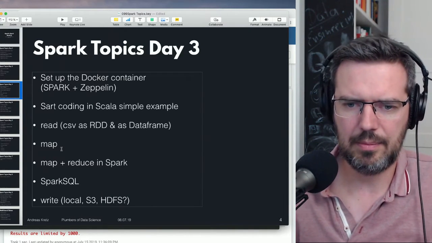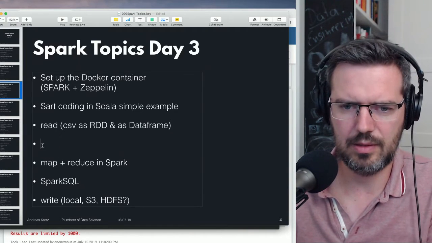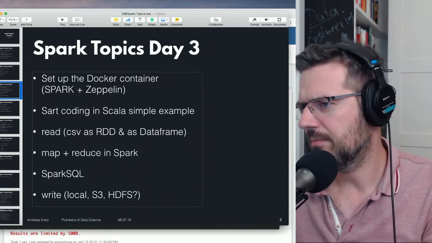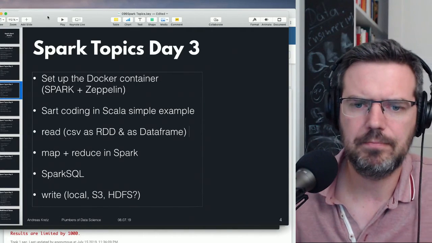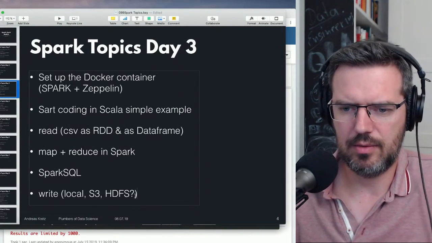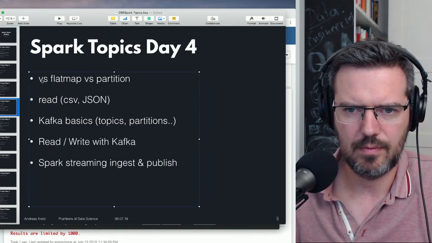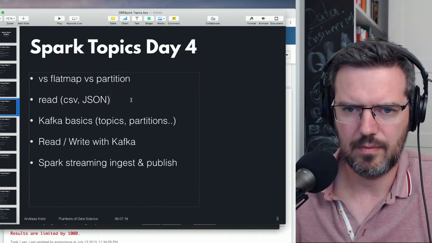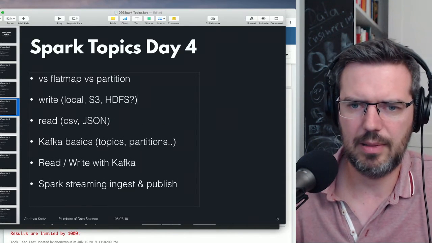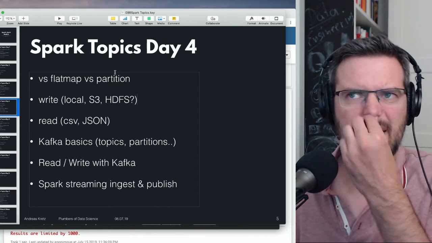We talked about map and reduce. We talked about SparkSQL. Writing, we haven't talked about writing. Let's put this into tomorrow's section, or in the next one. For tomorrow I have other plans. Or not. Let's see.